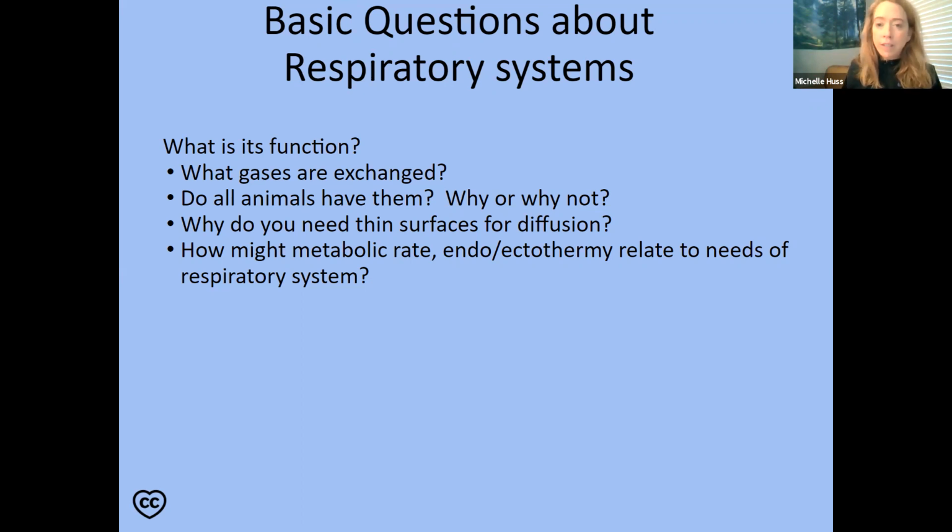So obviously, gas exchange is one of the big functions. We're taking in oxygen, we're breathing off carbon dioxide. And that is what animals do. They take in oxygen for cellular respiration, they breathe off carbon dioxide as waste. The respiratory system does some other things, like helps with the pH of your blood and that sort of thing. But for us, that's pretty good. Gas exchange is a big function and really important.